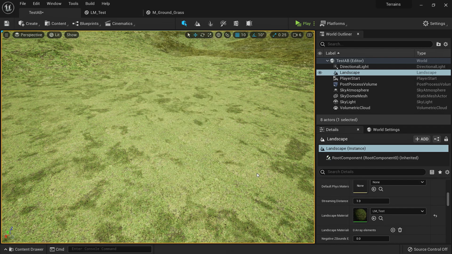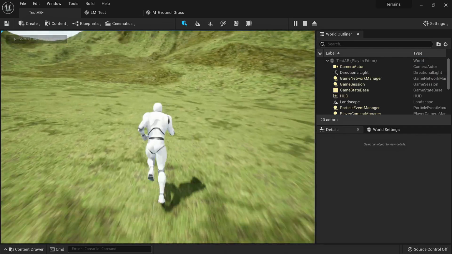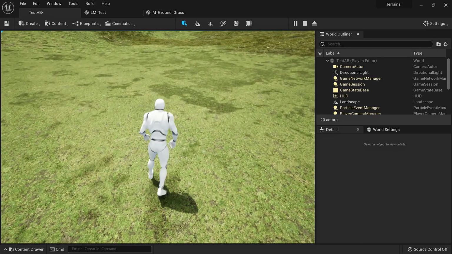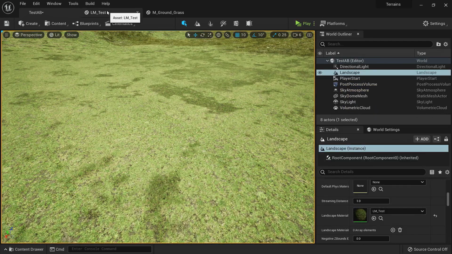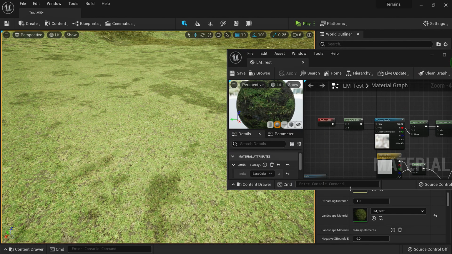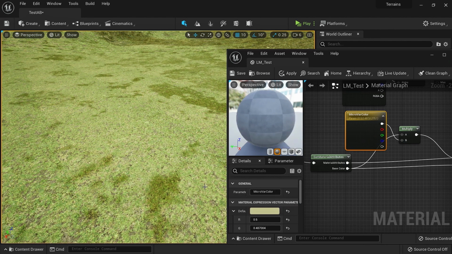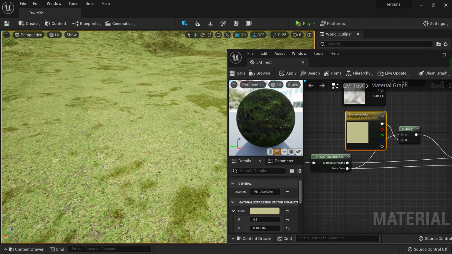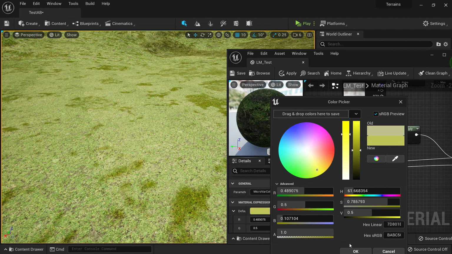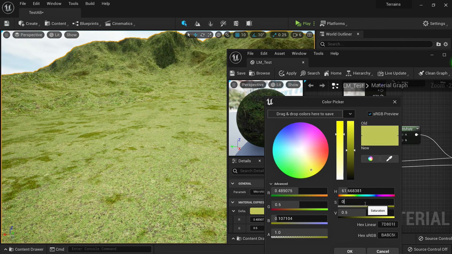So if we click play from here, let's move around a bit, and the tiling is solved. Now you can also change the color from here. So let's say you give it a dead grass color, so all of those would be converted to a colored input. You can amplify this further, but that will just look unnatural and we don't want those colors.